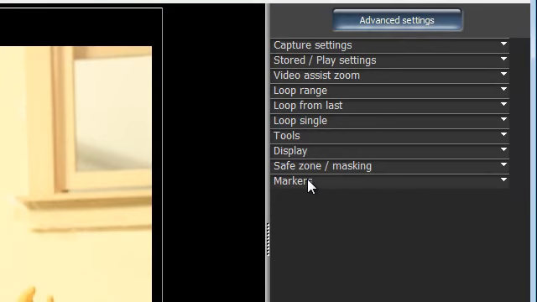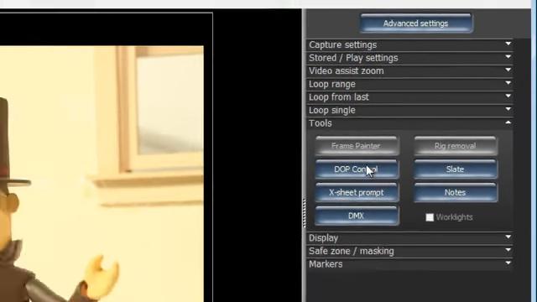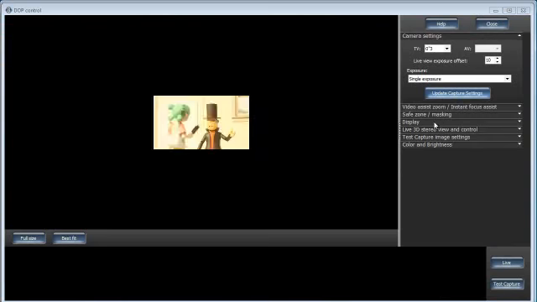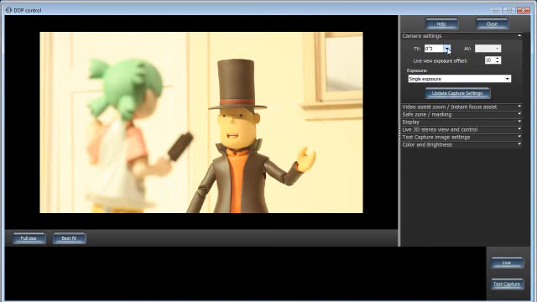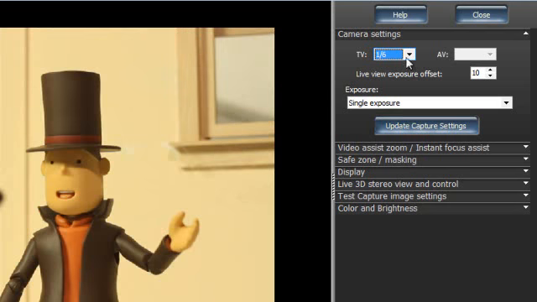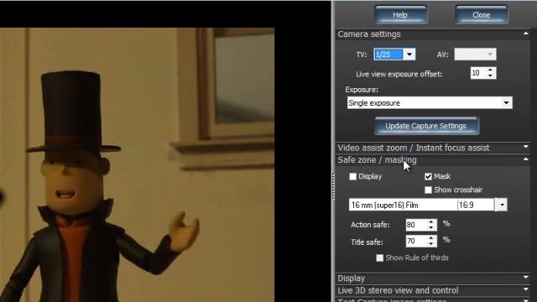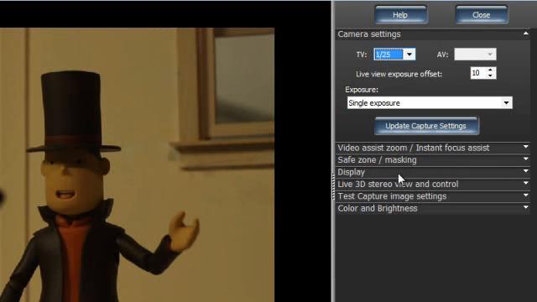So we want to be able to do that accurately, and we set that up from the Tools menu and the DOP control. Let's deal with the exposure initially. Under the Camera Settings tab here, we can change the exposure value, and you can see that updating straight away. It'd be good if we had some indicator of how light or dark it was, and we do have that